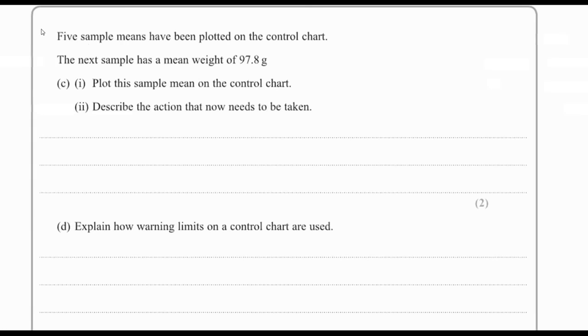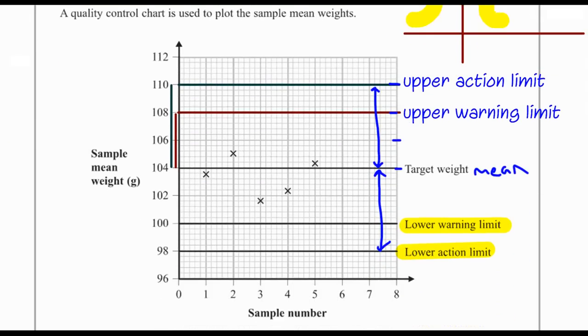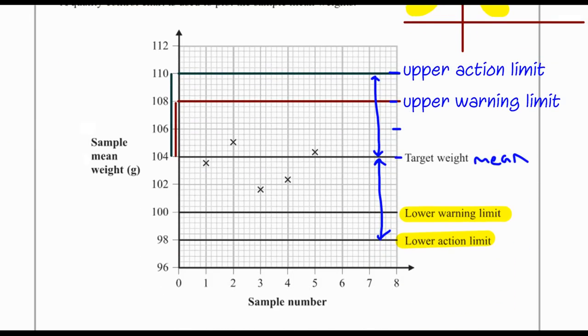Next part. 5 sample means have been plotted on the control chart. The next sample has a mean weight of 97.8 grams. Plot this sample mean on the control chart. Describe the action that now needs to be taken. Okay, 97.8, let's go back. So we're at the 6th one because we've already done 1st, 2nd, 3rd, 4th, 5th, 6th, and we're going to plot it at